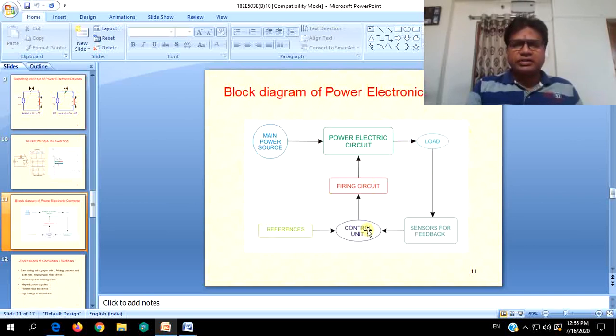Depending on the reference, this control unit gives the proper control signal to the firing circuit, which in turn gets activated to fire the controllable power electronic circuit and change its switching action. Accordingly, main power will be fed to the load and actions can be controlled. That is how a power electronic converter